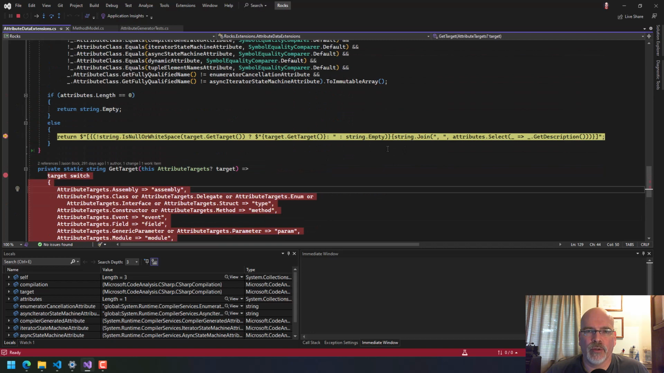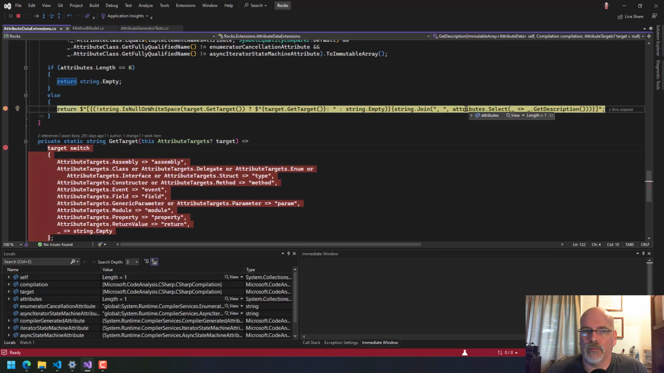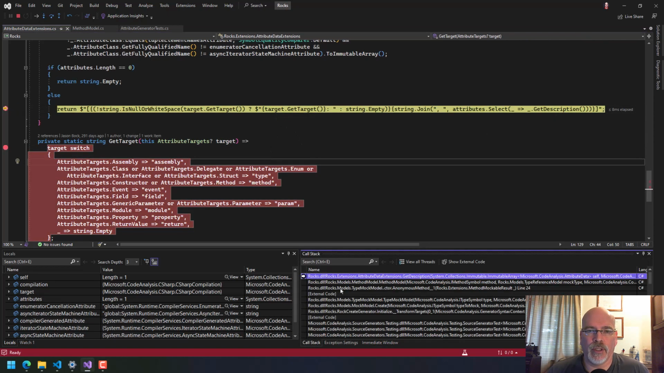And then we have attributes, we have 1, and that is, oh, that's default member attribute. Okay, we don't care about that one. And then we have attributes here. That is the NotNullIfNotNull. And in this case, we don't have a target. Okay, so